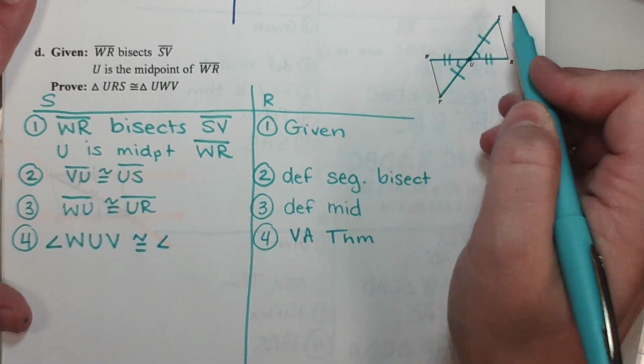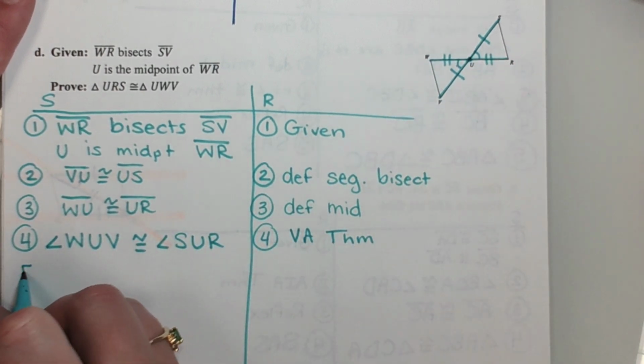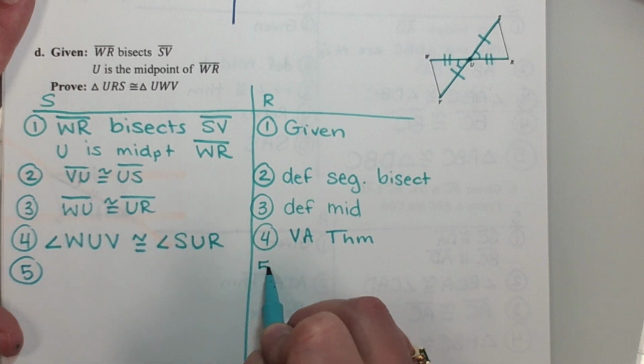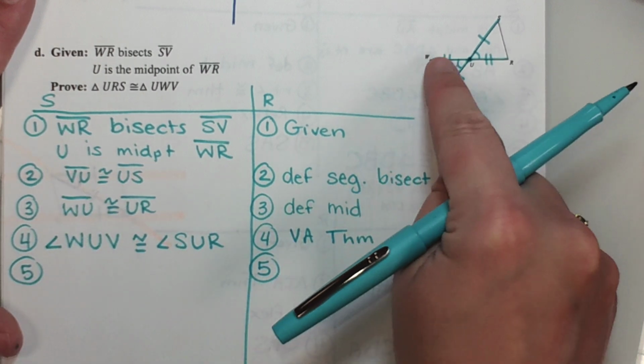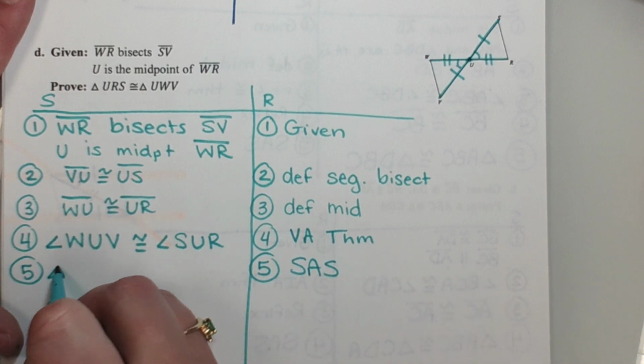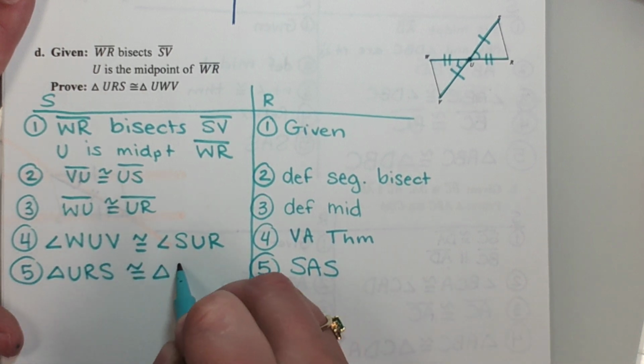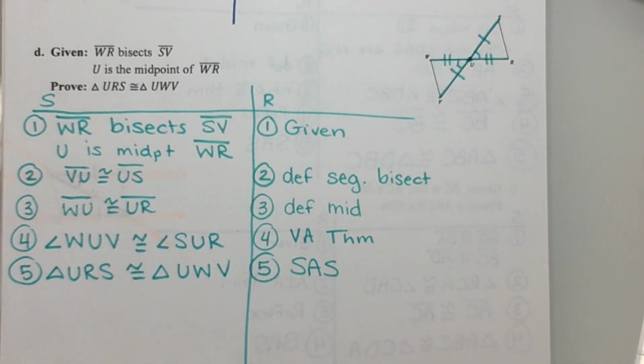VUW and SUR. Once I have that, I have 3 congruent symbols, and the picture has 2 sides and the angle between. So it is side angle side that tells me my triangles are congruent. But I just wanted to emphasize that you can do vertical angles as well. Okay,